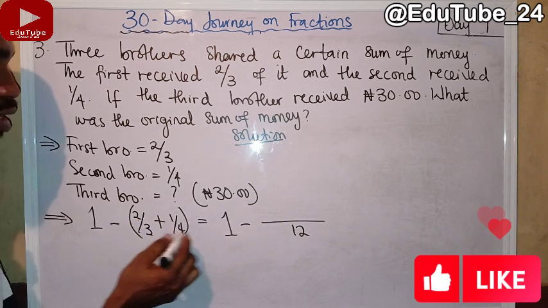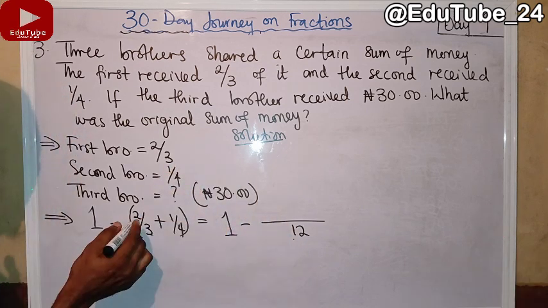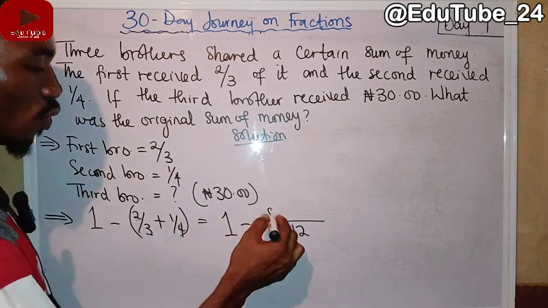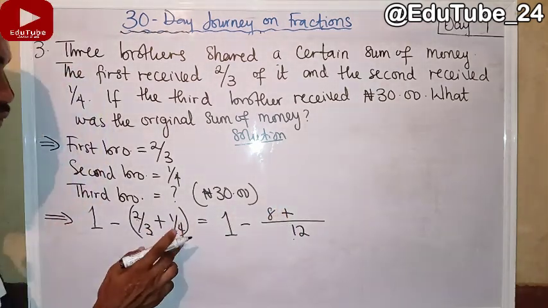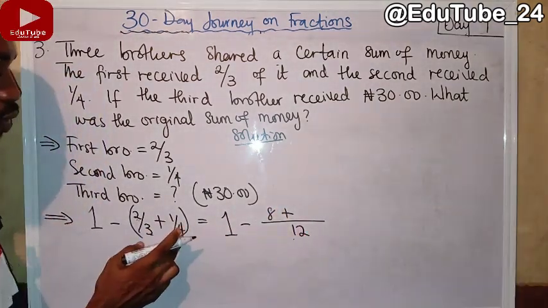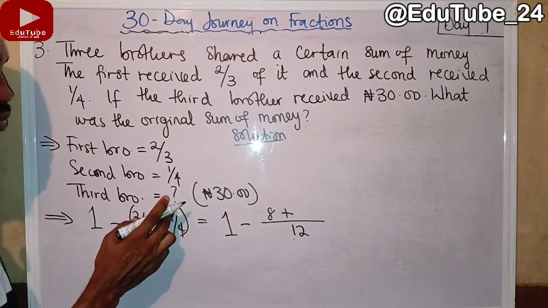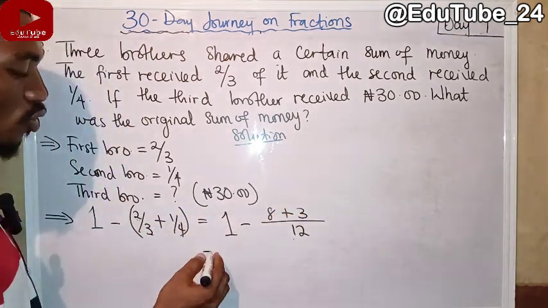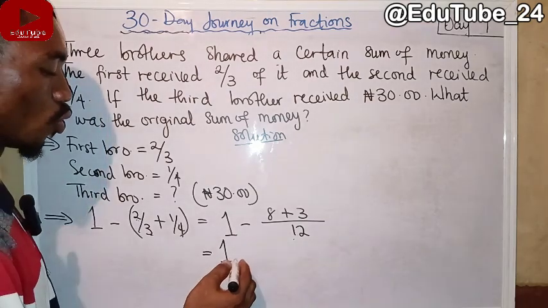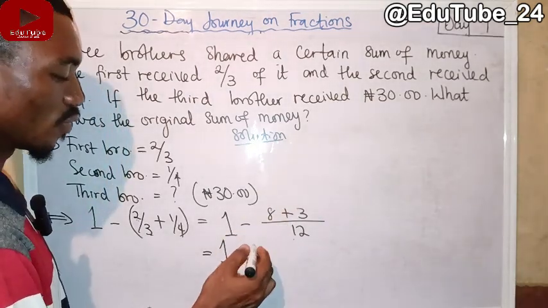So 3 in 12 is 4. 4 times this 2 gives us 8. Then what we have in between them is plus. So 4 in 12 is 3. 3 times this numerator, which is 1, is still 3. And then I'm going to rewrite this as 1 whole minus 8 plus 3,